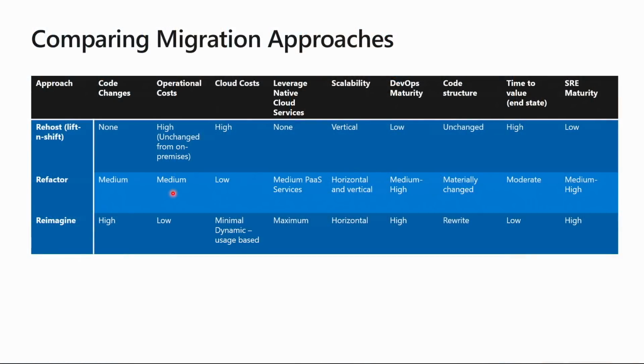The last thing that I want to talk about as part of the Reimagine is, here the code changes are great. You are essentially rewriting the application. The cloud costs have a significant impact here because you're not paying for a VM. In fact, you're paying for a very interesting model called the dynamic cost, where you're only paying for the times your code is getting executed, what we call the serverless computing model. So that's really high. You're taking advantage of the cloud native capabilities. You have horizontal scalability, which is where you want to be.